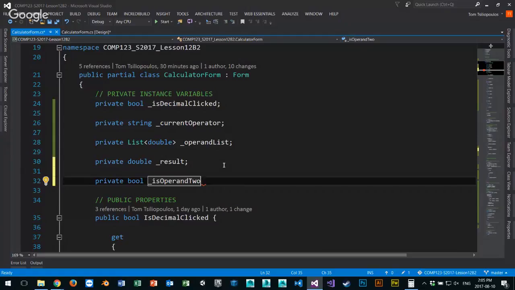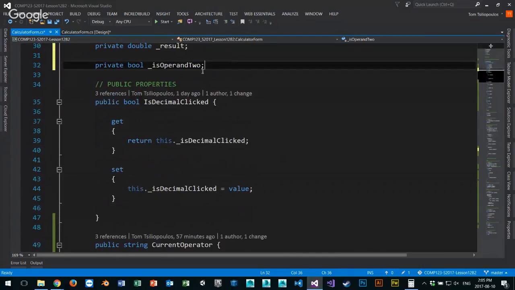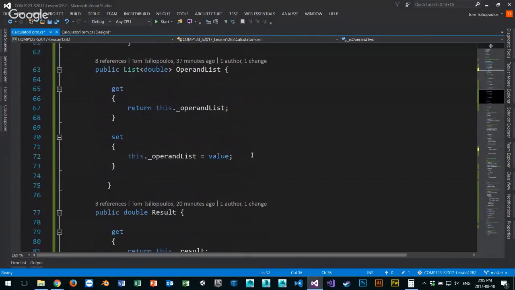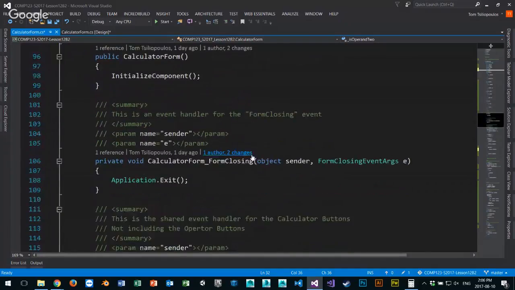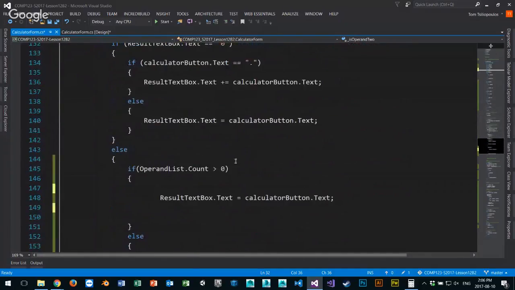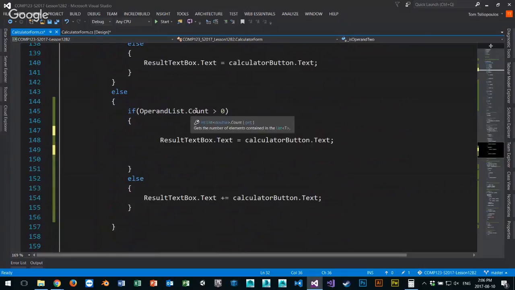Is operand 2. Okay, so right now it's false, right? And if it's operand 2, we'll set it to true. And if it's true again, if it comes back, hear me out, right? If it comes back, then we get a problem. Let's try this out. Now, what I mean is, back in here, if operand list.count is greater than 0, and